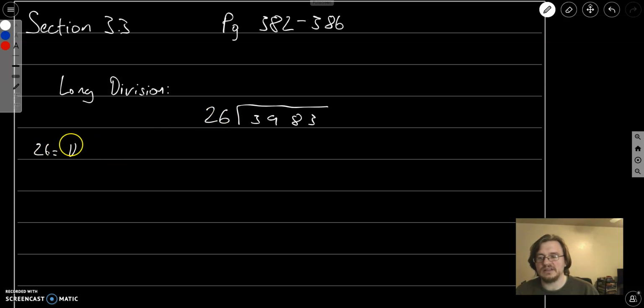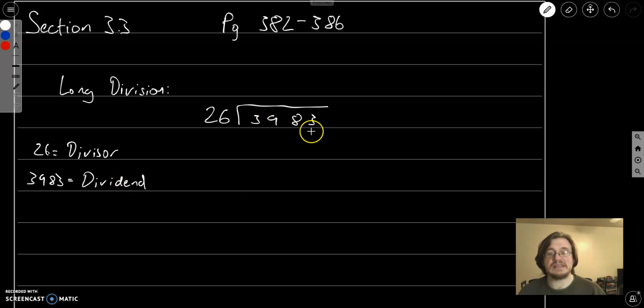26 here is going to be the divisor. This is what I'm dividing a number by. So 26 is going to be the one that's doing the dividing. 3,983, this is going to be the dividend, as in, this is the thing that is being divided. So when we divide